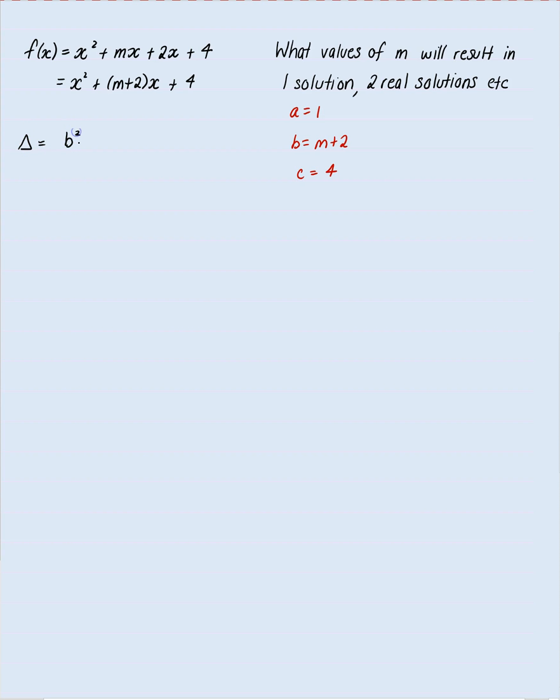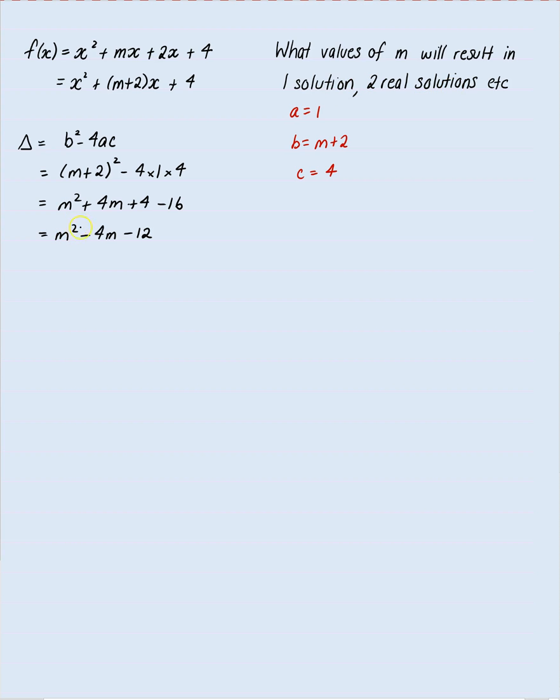B squared minus 4ac. So carefully we substitute in here. It's m plus 2 squared minus 4 times 1 times 4. And we expand. M squared plus 4m plus 4. Take 16 equals m squared take 4m take 12. So we come back to answer our question, when will it have one solution, two solutions,